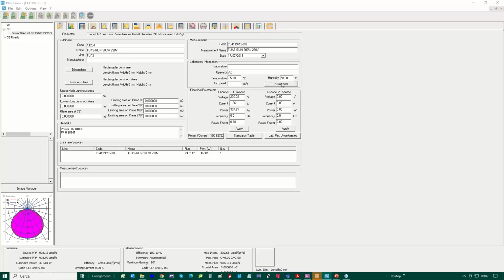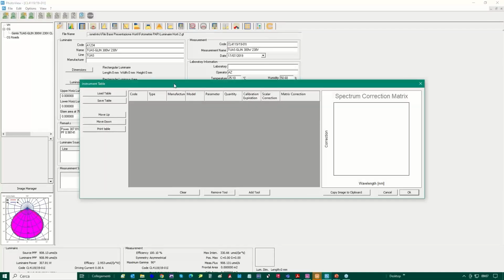It is also possible to add the list of instruments; you just input them one by one. It is also then possible to save the table, because if the list of tools used at the laboratory stays the same for a long time, it is simpler to upload the table